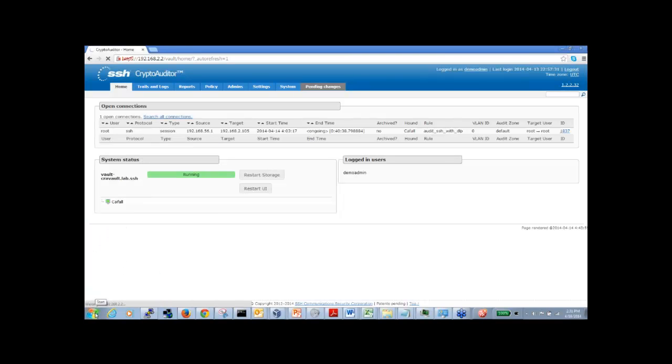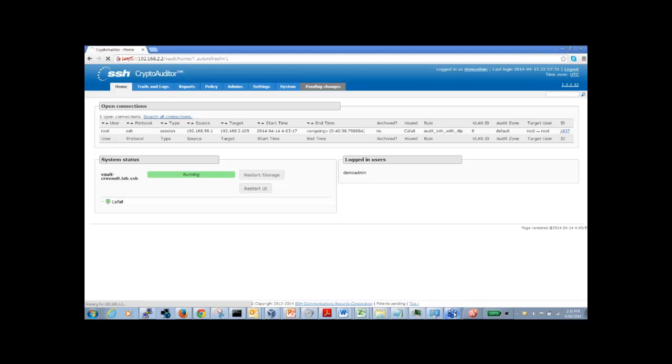One thing about the connections: Crypto Auditor is going to capture all the sessions, so it can do a video replay. You can even store the sessions in a text format or review them in a text format. In my environment, I have it interconnected with a DLP, so I'm basically allowing DLP to make a lot of the decisions on what connections should be allowed and what shouldn't be allowed. I've really got one simple rule set up, and right now it's just monitoring for 2 keywords, top secret, in conjunction together.